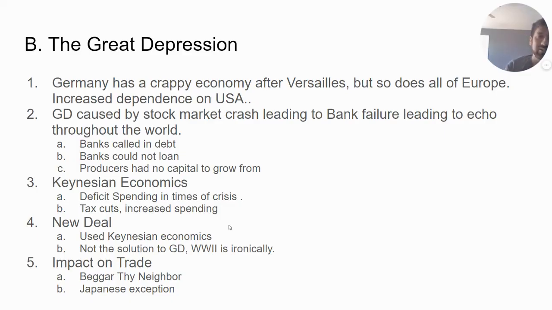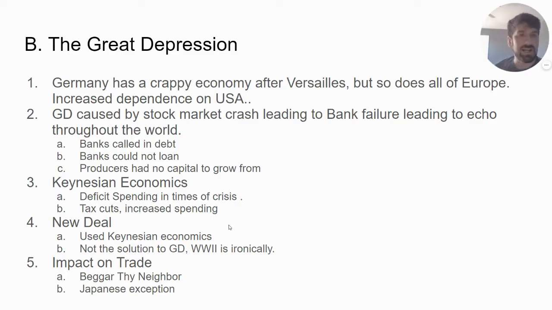But in general, Germany has a crappy economy. It lost its empire. It's forced to pay reparations. Its economy was devastated by the strains caused by World War I. And the massive consequence of that is that most of Europe becomes dependent on the U.S. financial system to fund their governments. They're taking out massive loans from banks in the United States. At the same time, during the Roaring '20s, Americans are doing something called buying on the margin, where they're taking out loans to invest in the stock market to then pay off the debt and keep the profit.